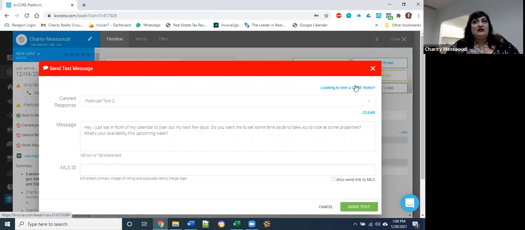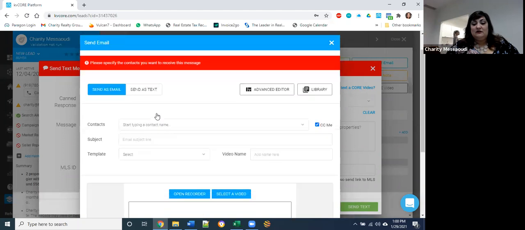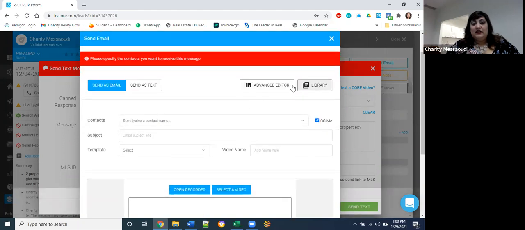Now, this is where if you wanted to text a video instead, you click looking to text a core video. You can send it as an email or a text. There's an editor, there's a library. If you've done videos before, there's a whole library that you can choose from. So if you have kind of a generic-ish welcome video,